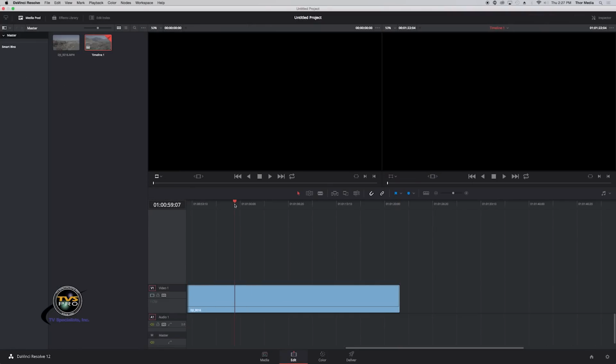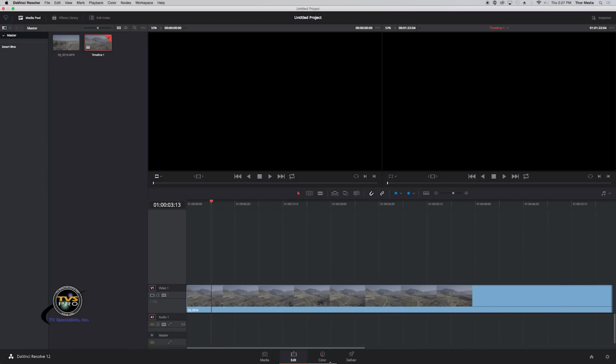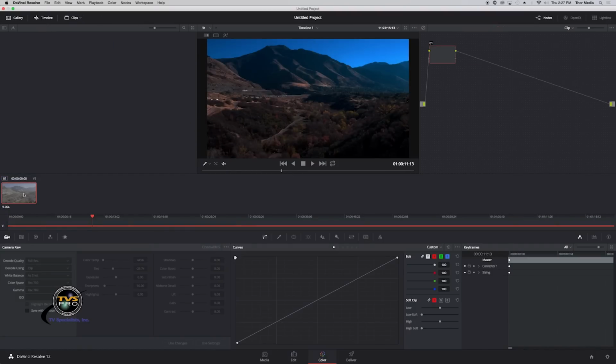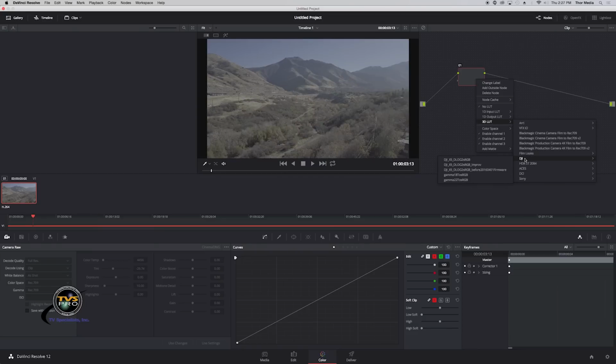Now that I've got it in my timeline, I can start coloring. So we're going to click on Color, and then I need to apply this LUT. I need to click on the node, and from there I'm going to right-click and go to 3D LUT, and there you'll see the DJI folder with the LUTs. For this example, you're welcome to play with these. I'm going to use that top